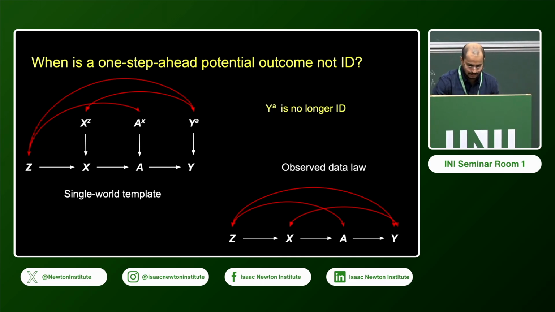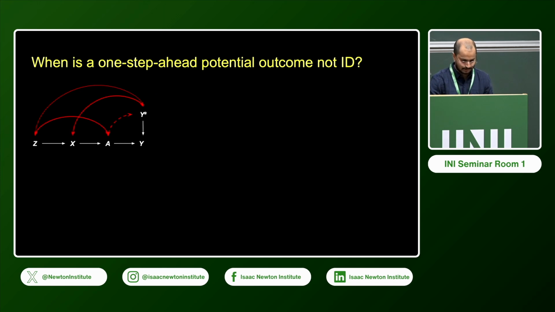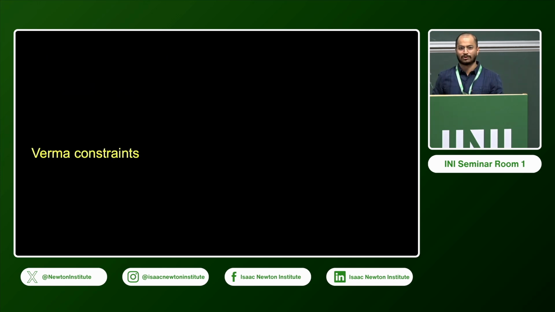All right, I will skip over this. This is again a lot of parameter counts, and we'll go straight to Verma constraints. Okay, so